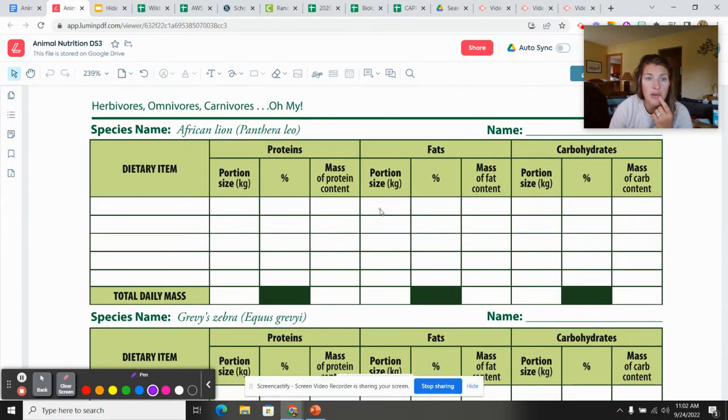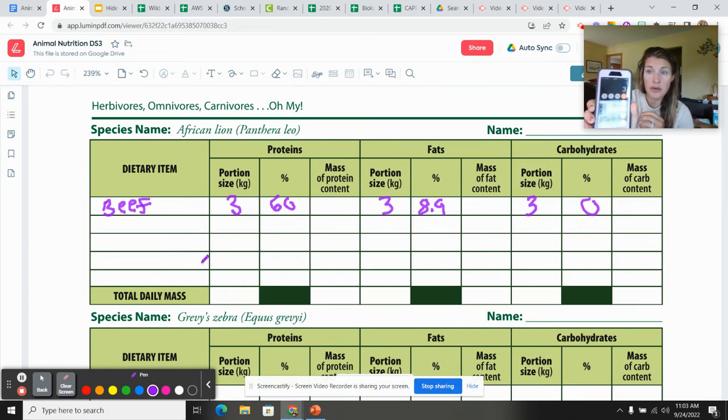So I'm going to go back up. Oh, it erased it. Darn it. Hang on. Okay, so I filled in everything on the first row. So now I need to figure out the mass of all of these different things. So for my portion size, so 3 kilograms